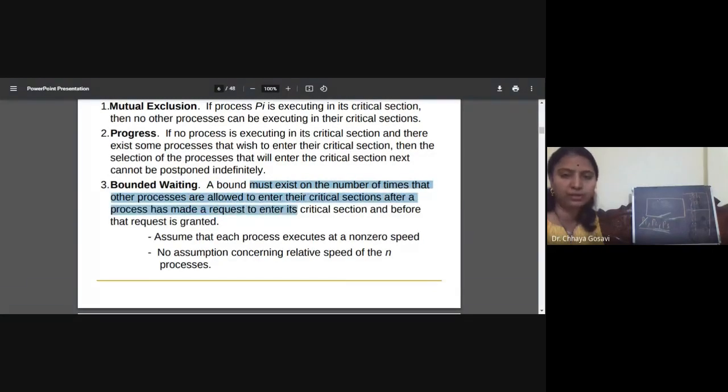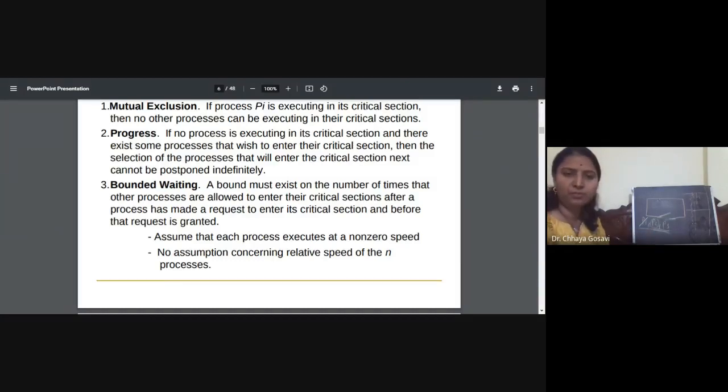after a process has made a request to enter a critical section, before that request is granted. Suppose P2 wants to enter into the critical section, but P1 and P3 are entering and exiting the critical section a number of times, and they are not giving a chance to P2. P2 is waiting indefinitely.